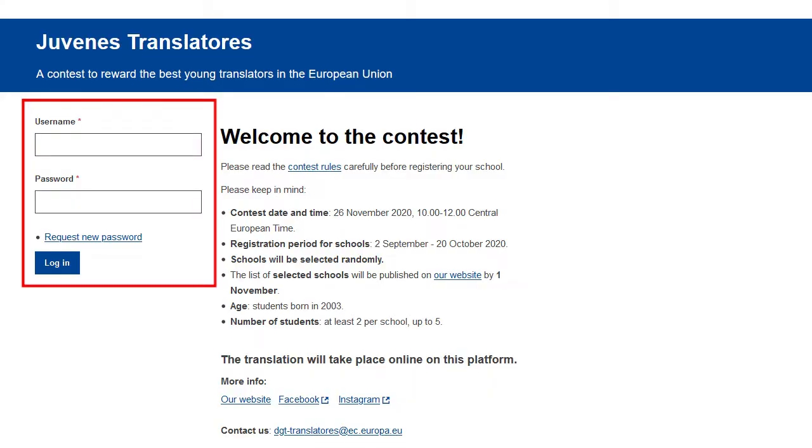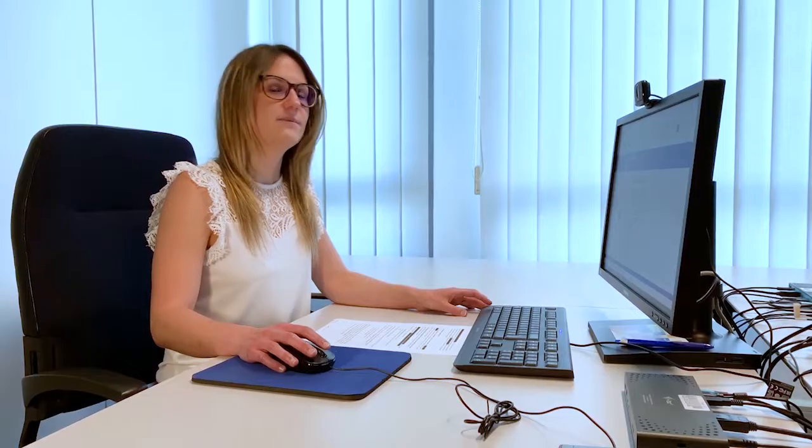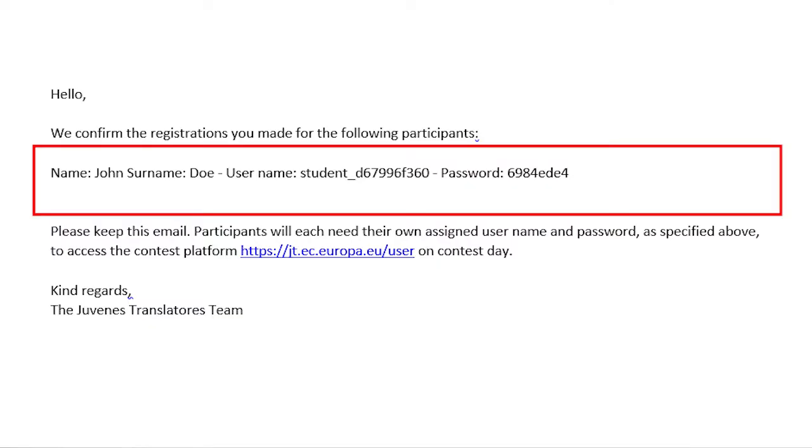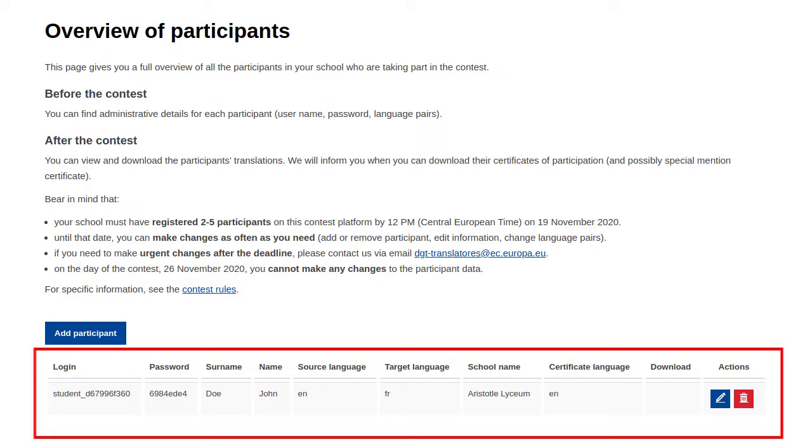My name is Manuela and I will show you how you translate on contest day. We go on the contest platform and log in with the username and the password. They were attributed to each student when they were registered by their teacher. The teacher received an email including this data after registration, or he can also find it on the Overview of